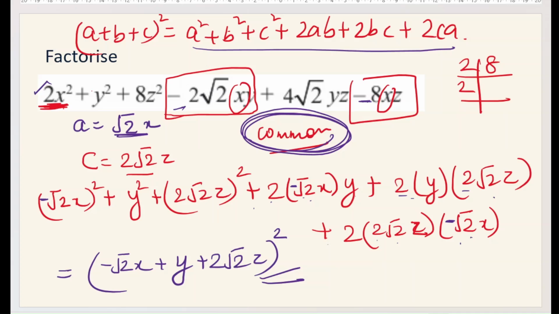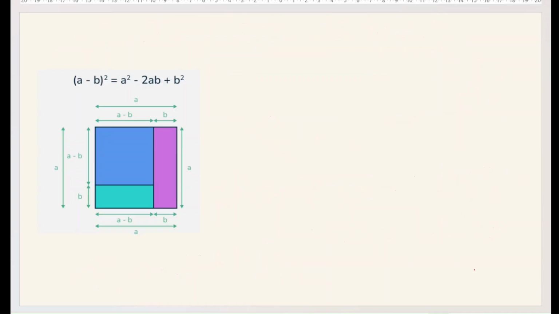Okay. Now next identity. Try this question at least 3-4 times. Then you will be able to understand this question. Okay. This is really a tough question. Now next question, a minus b whole square. So here also what some students do, a minus b whole square is equals to a square minus b square. It is wrong. Completely wrong in fact. Okay. So what is a minus b whole square?